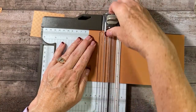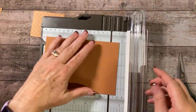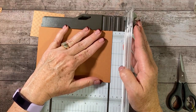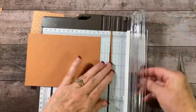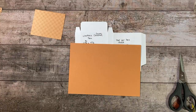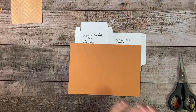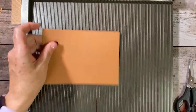If you're lazy and you don't want to get out the arm, then you can just trim a 1/16 sliver off to make it all fit up nice and snug. Okay. If you use the whole 6.5 inch, it will work, but it'll bow just a little bit when you fold